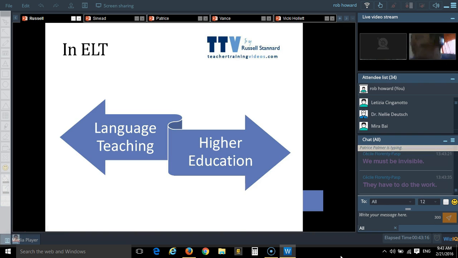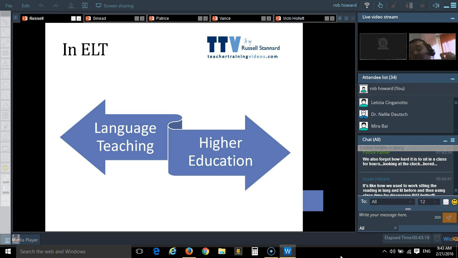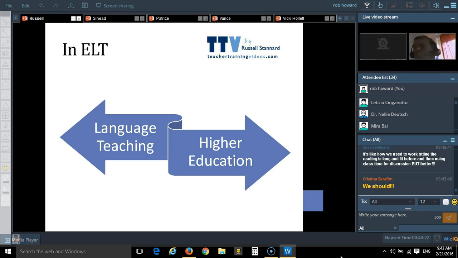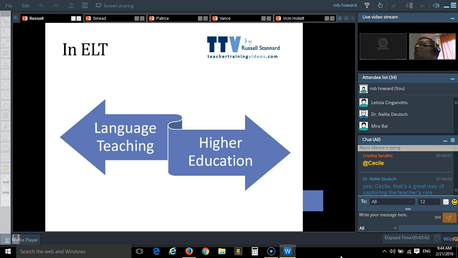Now, I want to make this point because in the very first article I ever wrote about the flipped classroom, I asked, has flipped classroom really got a place in language teaching? Because we already sort of flip our classes. We don't spend all our time in the classroom standing at the front talking. But if you went into higher education, to the universities I've been working in, you will still see a lot of teaching that way. So I want to make the point that in ELT, we're already halfway,